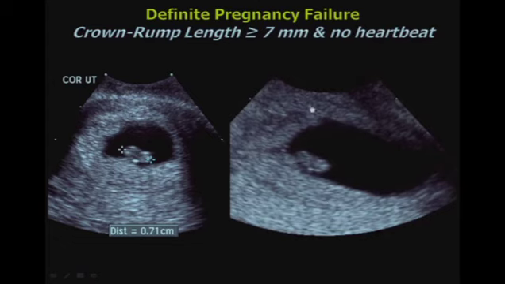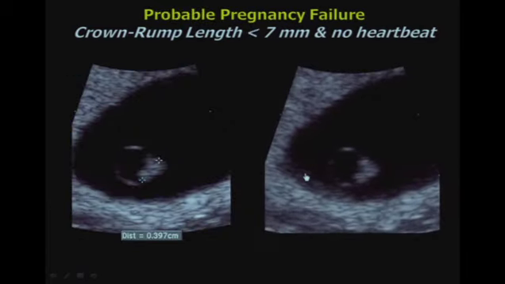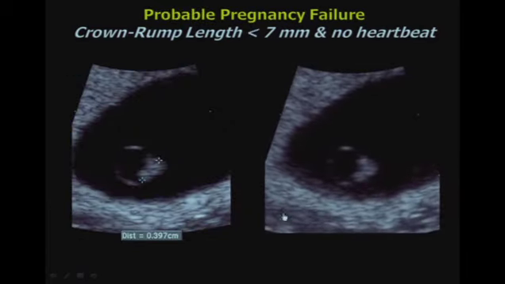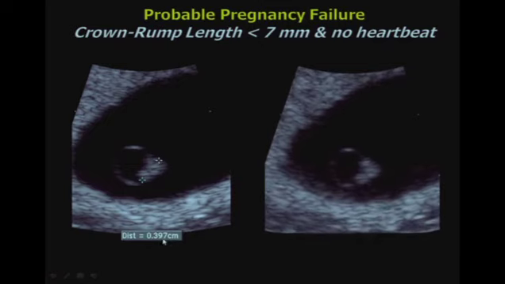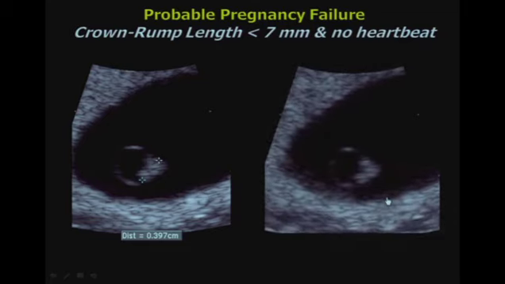It's at least 7 millimeters. On this real-time video clip, there's no heartbeat. This is a definite pregnancy failure, whereas in this case, we have a roughly 4 millimeter embryo seen here. There's no heartbeat. This is probable or suspicious for pregnancy failure, but a follow-up would be needed to confirm that